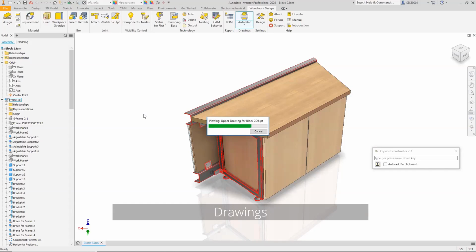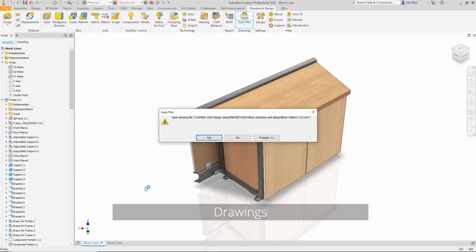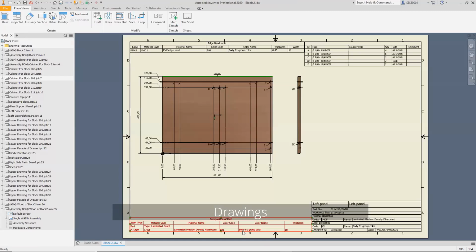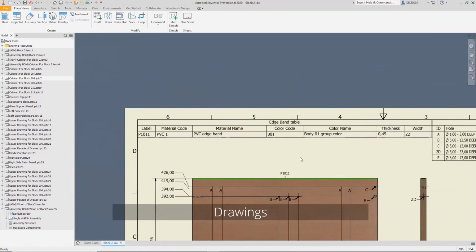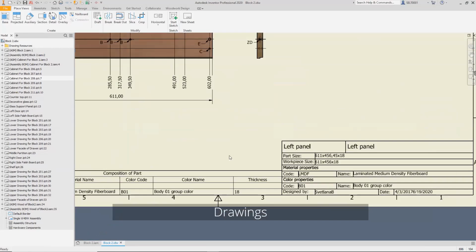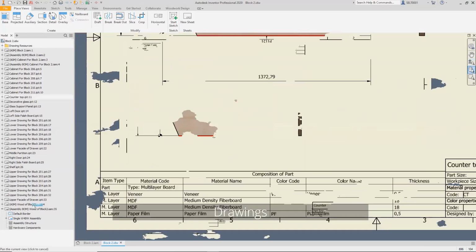The more components you have in a drawing, the bigger advantage you're getting because of the time saving. So now we can open one of those drawings, and what you can see is a part. We have different colors for edge banding. We have a hole table, which can show the coordinates of the holes. We have a grain direction symbol, which shows you how the grain goes. There is an edge banding legend, and so on and so forth. So we can have all the information you need for the production of this part automatically shown on a